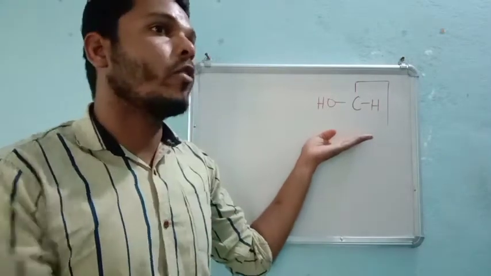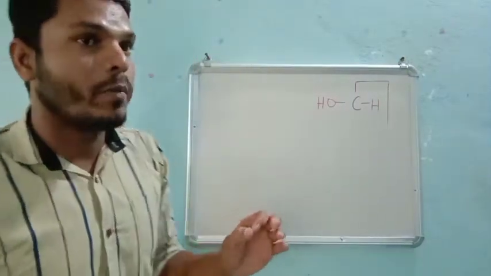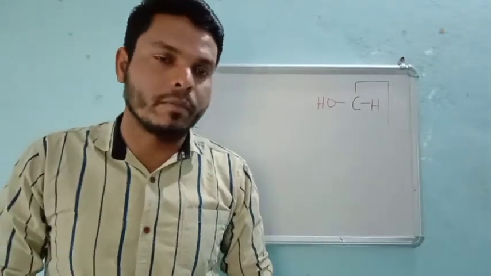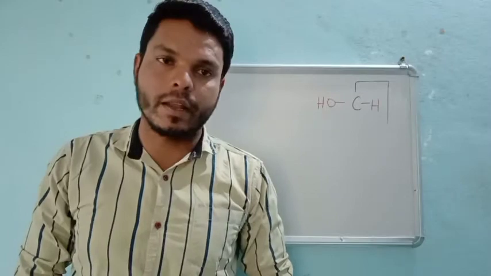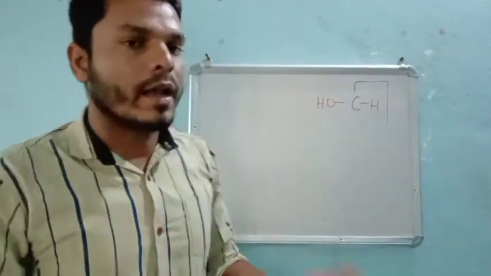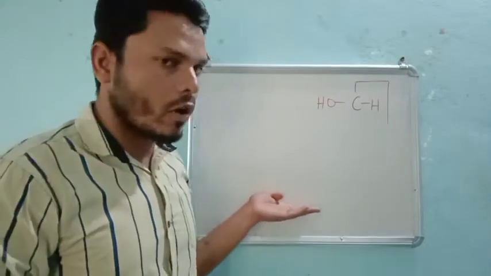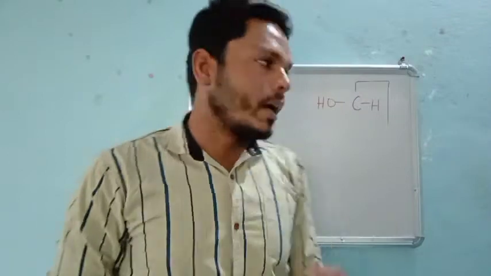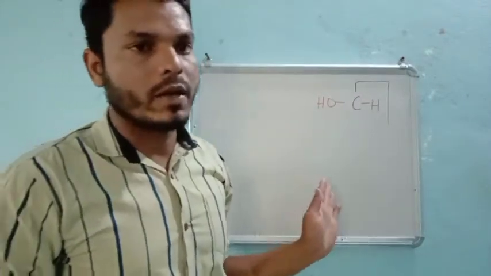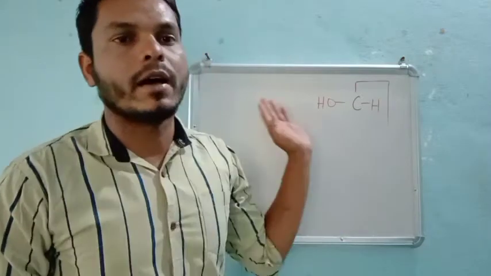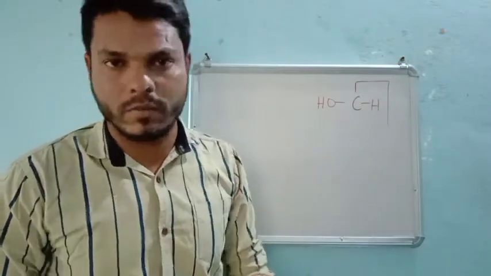The next point was, in glucose, the aldehyde group interacts with the fifth carbon atom. After interacting with the fifth carbon atom, we get two different forms, that is alpha and beta. When I heat normal glucose at 303 Kelvin, I will get the beta form. And if I heat that natural glucose at 371 Kelvin, then I will get the alpha form of glucose. That is the case we have discussed.